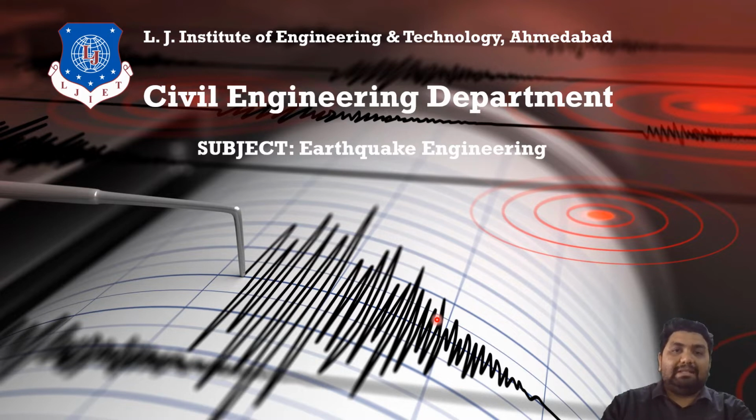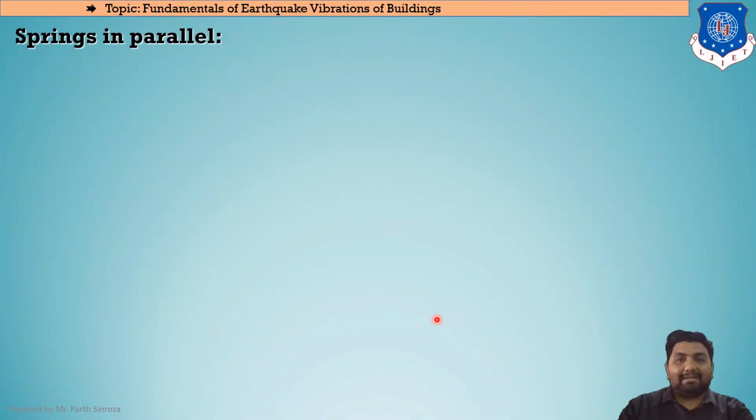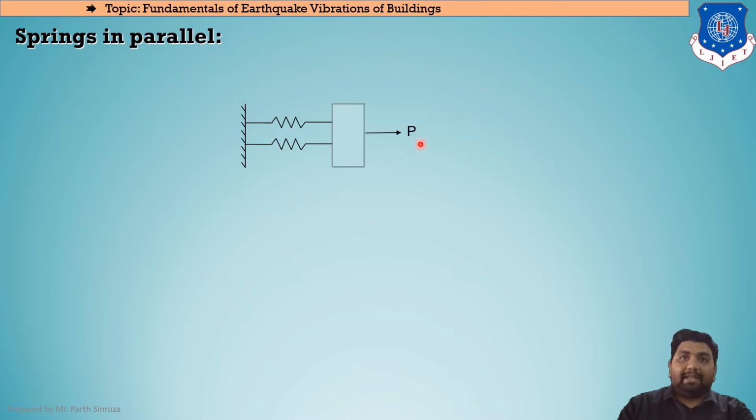Okay, so first we'll see the springs in parallel portion. As you can see here, this is a body having mass m. It is connected via two springs in parallel with a rigid support. This is a rigid support. After applying a force P, the stiffnesses of the springs are K1 and K2. As they are connected in parallel, the stiffness can vary, so it cannot be directly assumed that K1 is equal to K2. There may be a change in the stiffness itself, so we are taking the stiffnesses to be K1 and K2.